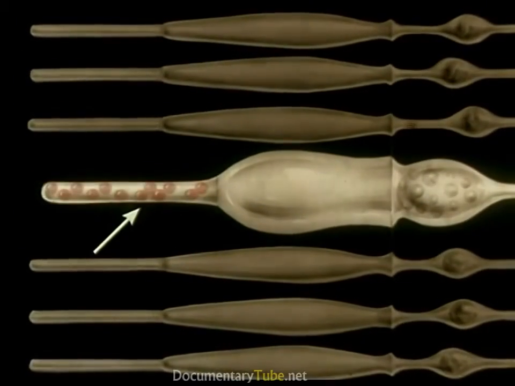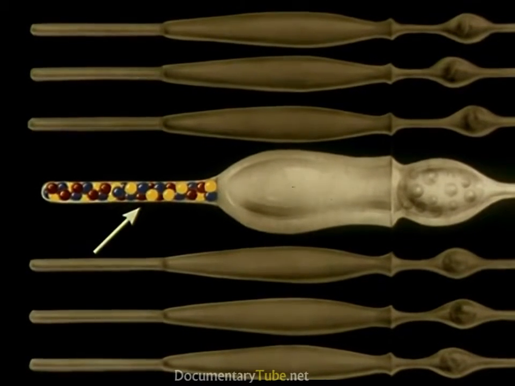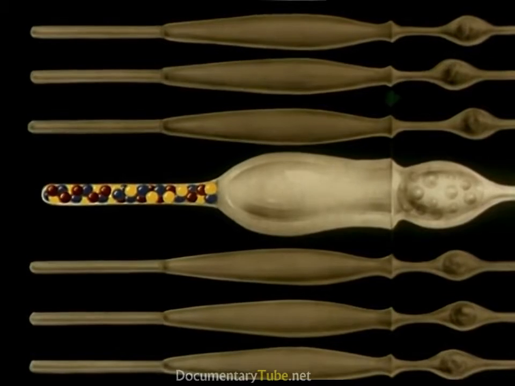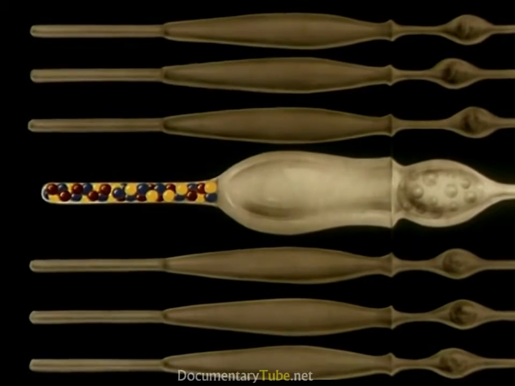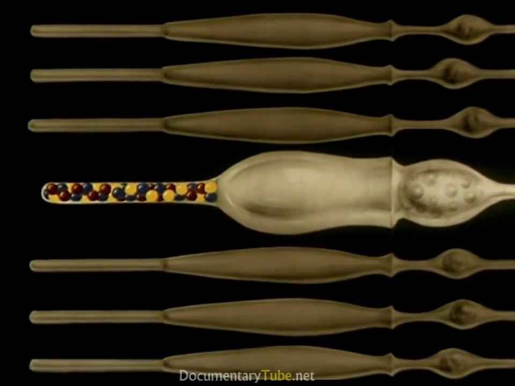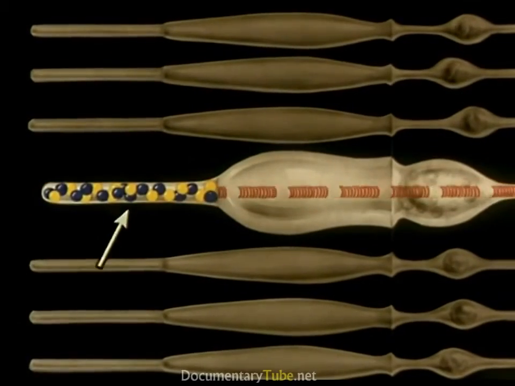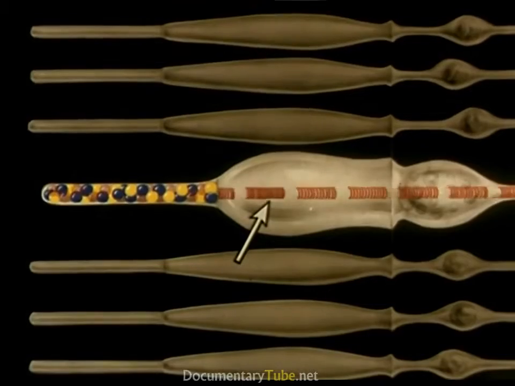In each cone are 3 chemical substances. Each substance is sensitive only to a particular group of colors. Thus, one is most sensitive to red, one to yellow, and one to blue. When a particular color of light strikes the cone, the corresponding substance breaks down and a corresponding nervous current flows